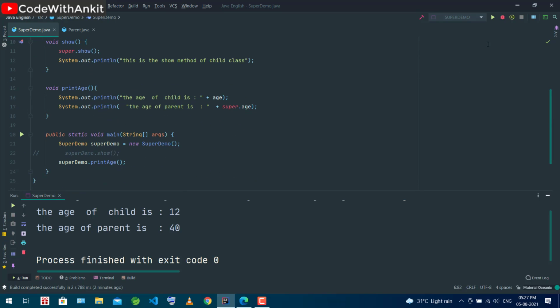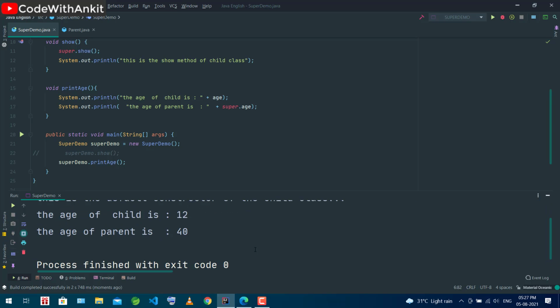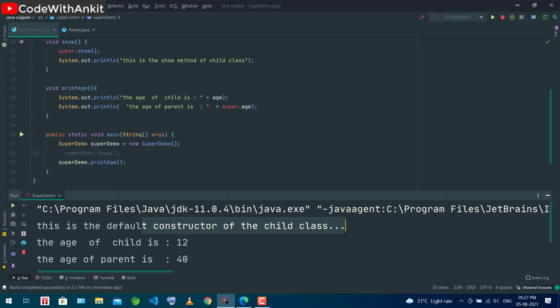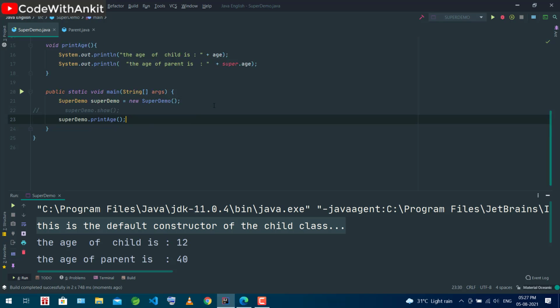Now when I rerun the code, the constructor will run and give me the output. First of all, this is the default constructor of the child class. Look, there is the output. It is running just because we have created the object.